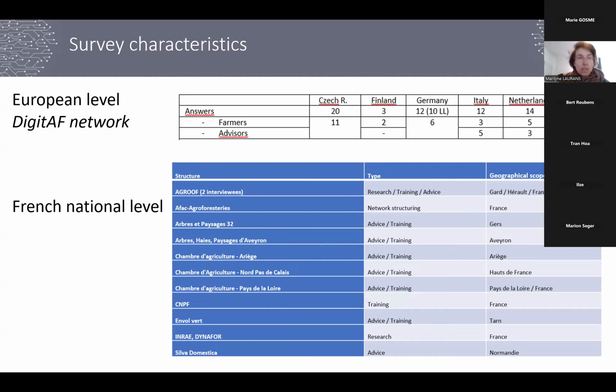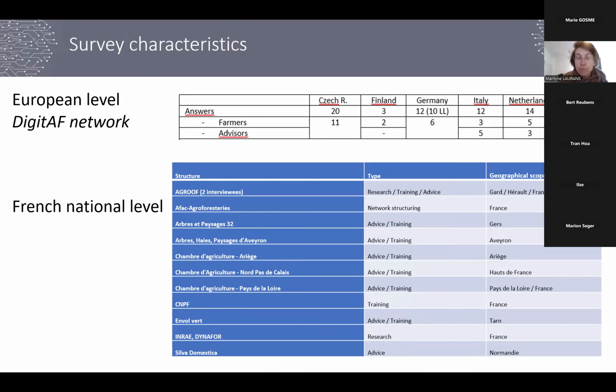So I will start by briefly introducing the 2 surveys underpinning this study. So the first one was conducted at the European level as part of the DigitAF project. So within each living lab, a network of farmers and advisors was interviewed in 2023. So the top table shows the number of respondents by country and by stakeholder category.